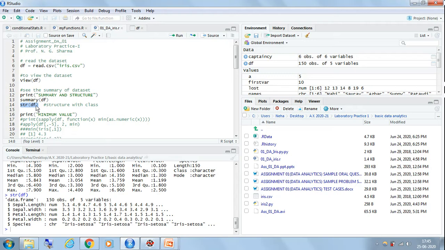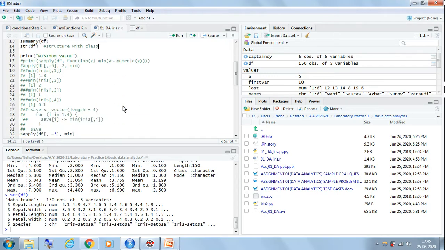Now as we have seen in the problem statement, we have to display the minimum, maximum, mean, range, standard deviation, variance and percentiles. So this information we have to display. How to do that? Let us see first how to display the minimum value. I have to display the minimum value from each of the columns. Actually this minimum value is already displayed when you use the summary function. But still, if you want to only display the minimum value of each of the columns, then there are multiple ways you can do that.